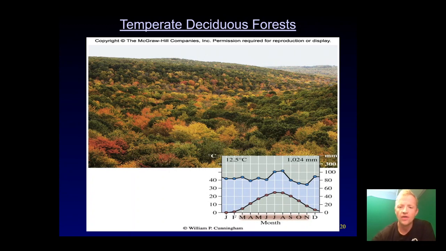And then here you go. As we can see, it gets a decent amount of rain, not nearly as much as tropical rainforests, even though this graph makes it look like it is. Remember, tropical rainforests were near the 300, right? This is saying about the hundreds. And then temperatures can vary between, it looks like it almost hits about the 30s, right? 20s and 30s, and then it can drop down below zero in some cases as well, and does.